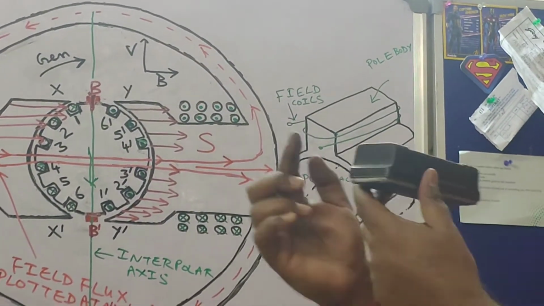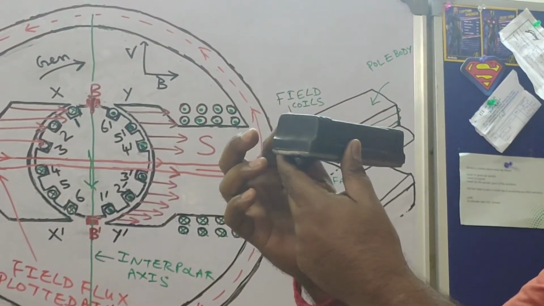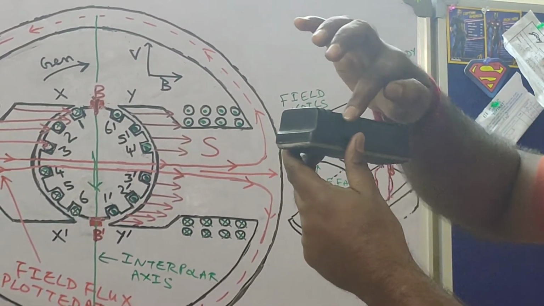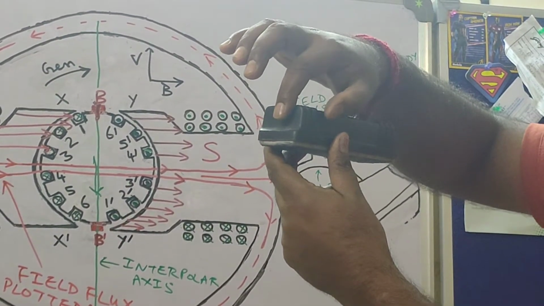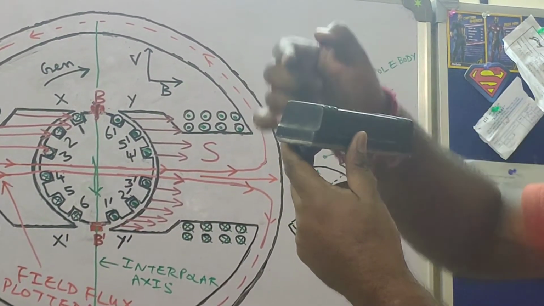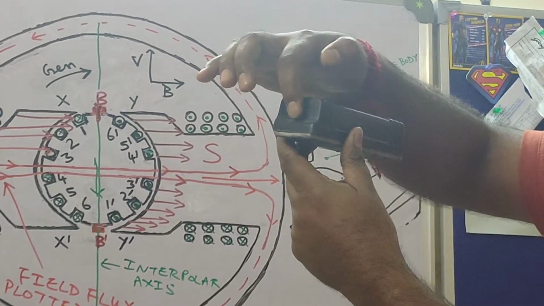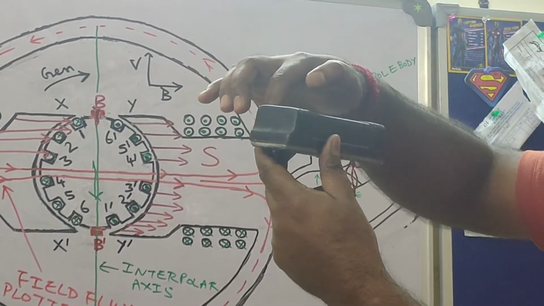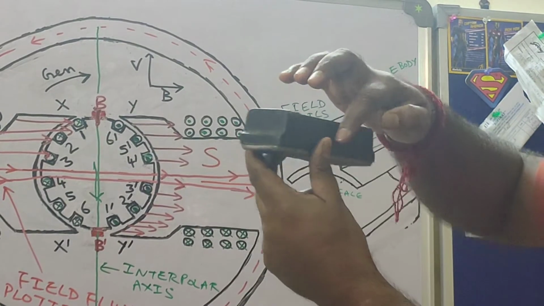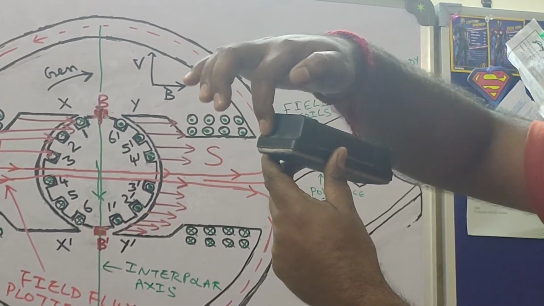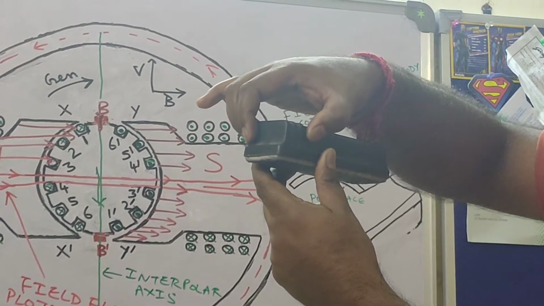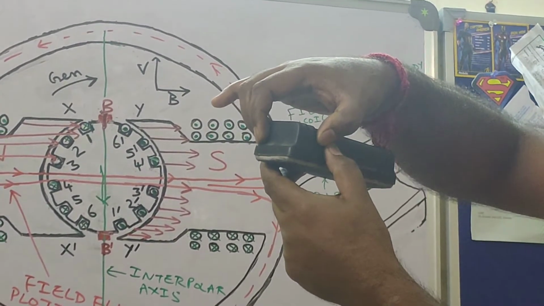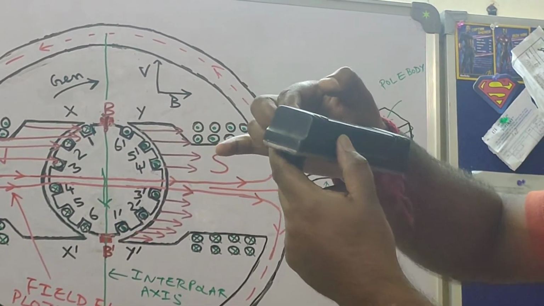What I am saying is, I am making a coil, moving from behind, going to the front. So I have made 1 turn. In that case, what is the conductor on this side? 1 conductor here and 1 conductor here. When I start my second turn, I move from behind, come to the front, and come to the point from where I started. So now how many conductors have I placed? 2 conductors on this side of the field pole and 2 conductors on this side.